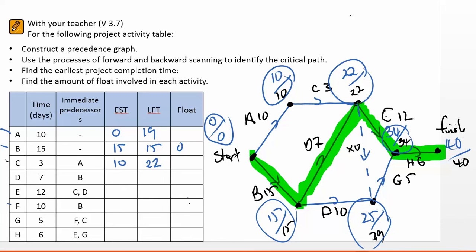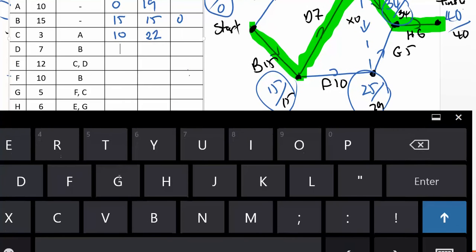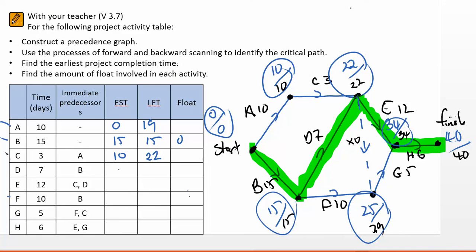So just recording these guys through. Now, as mentioned before, all the activities on the critical path, so H and E and D, all have float